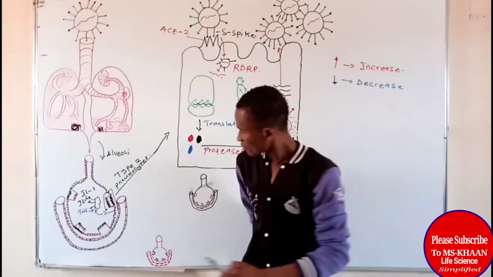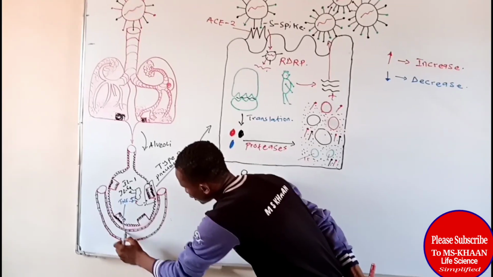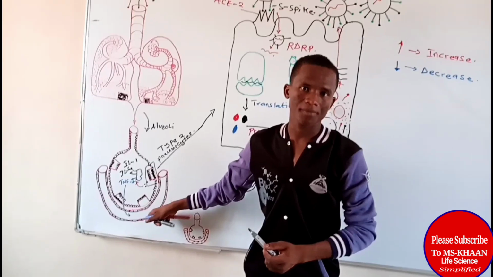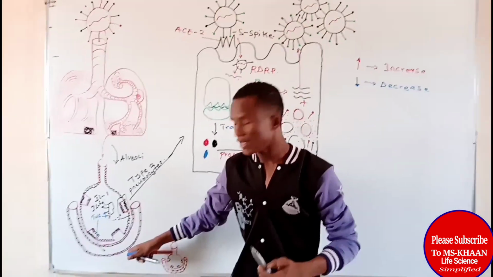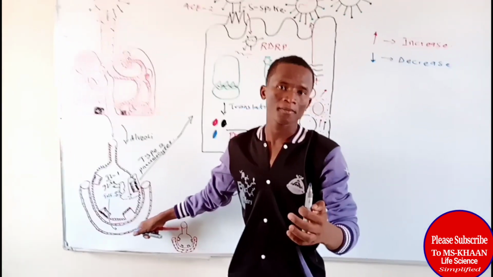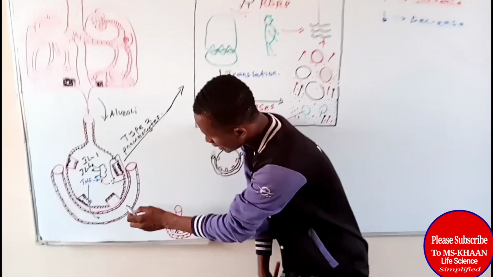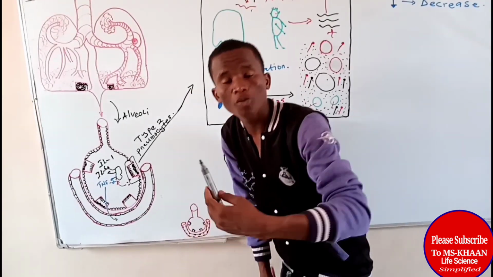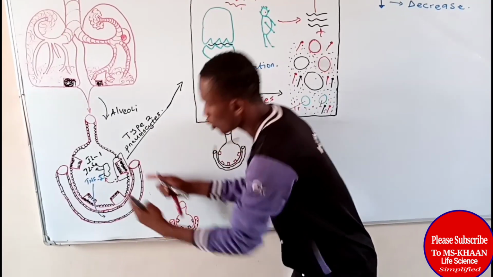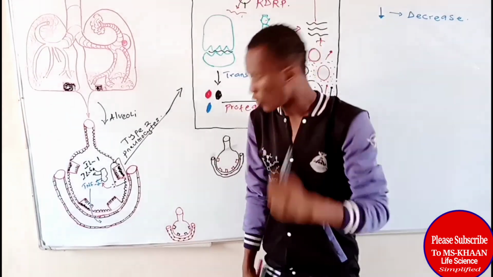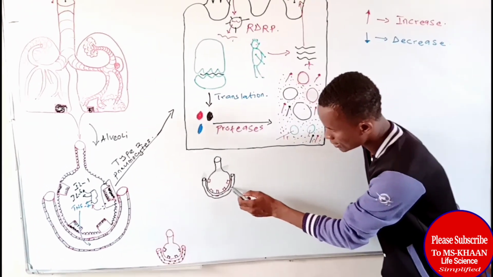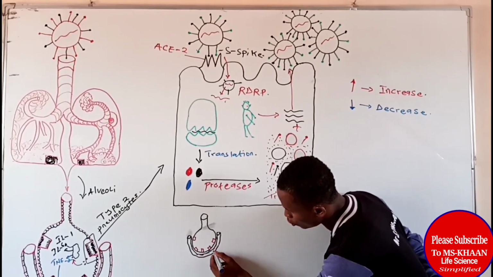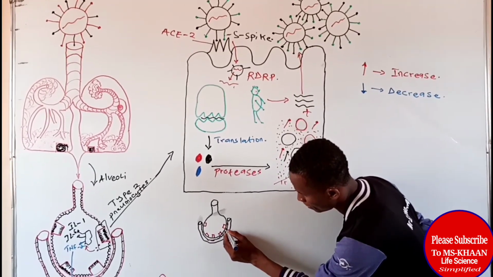What do they do? They can move into the bloodstream and cause dilation of the capillaries. By causing dilation, they are increasing the capillary permeability. And by increasing this capillary permeability, these capillaries will start to become leaky. By becoming leaky, they will allow fluids to potentially move out. Look at what I mean here. These are the capillaries. They will become leaky and potentially allow fluid to go into the surface